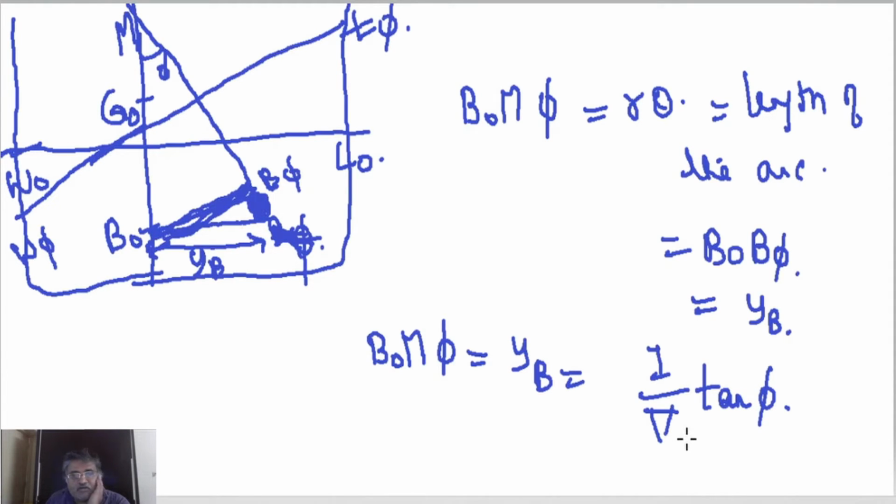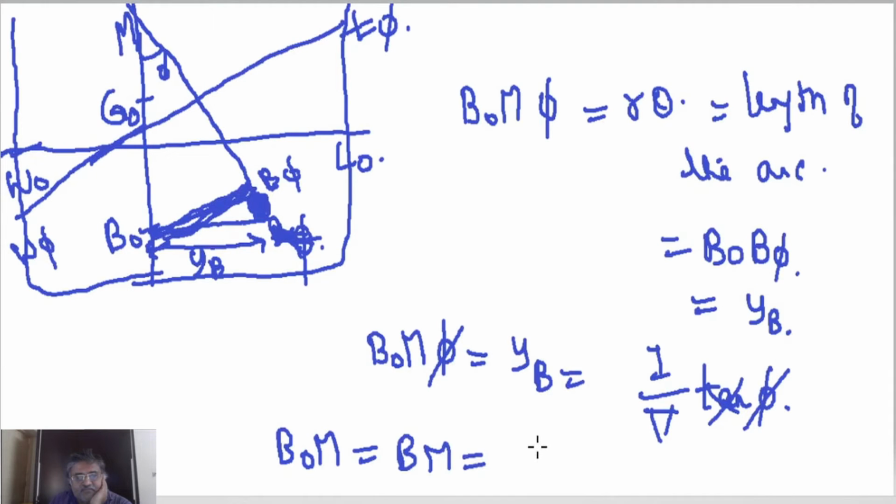Now again we assume, and this assumption is very important, it's a small angle of heel. For small angles of heel, tan phi is equal to phi. Therefore I am cancelling out phi, and B0M, or in general BM, is equal to